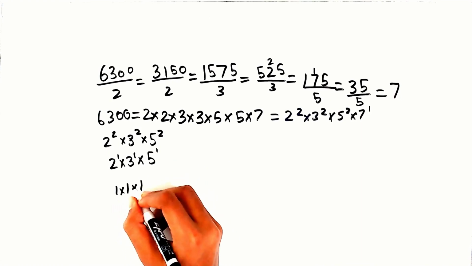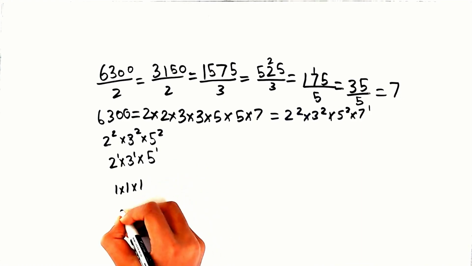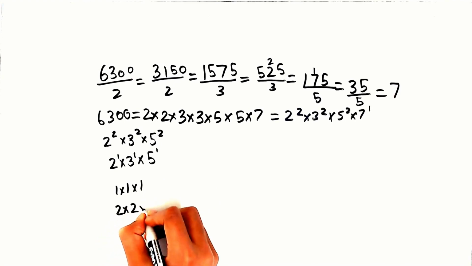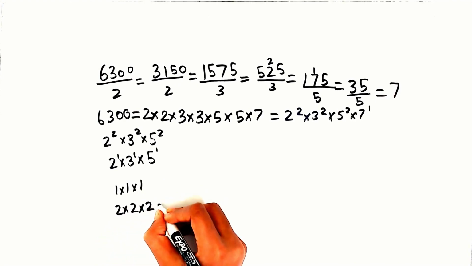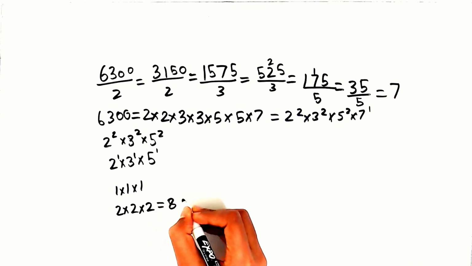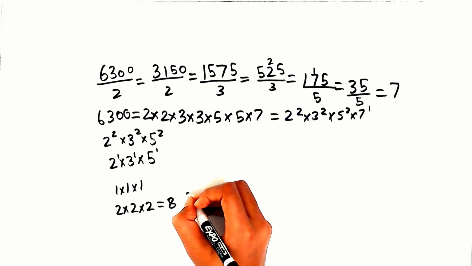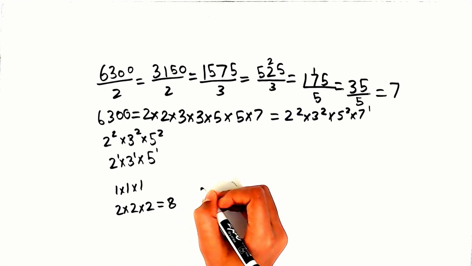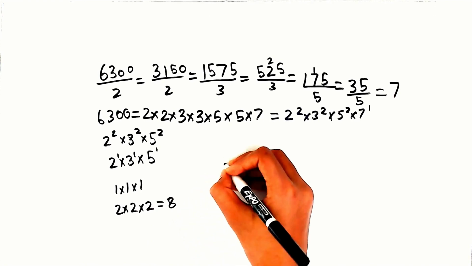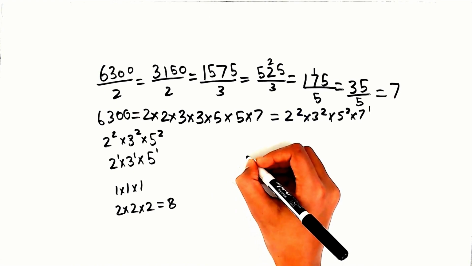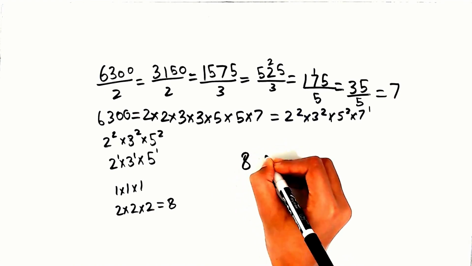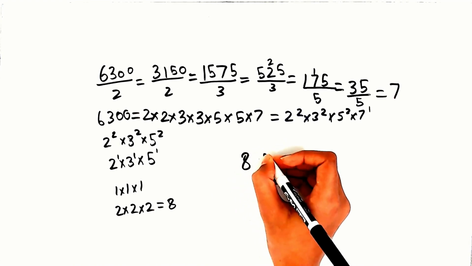Now we would add 1 to each of the powers. So it'd be 2 times 2 times 2. Here, 2 times 2 times 2 would equal 8. So this means with 6,300 square marbles, the designer can make 8 sizes of equal squares. So 8 is the